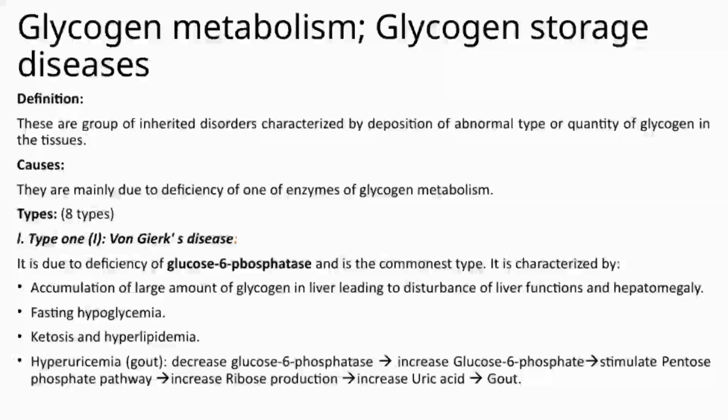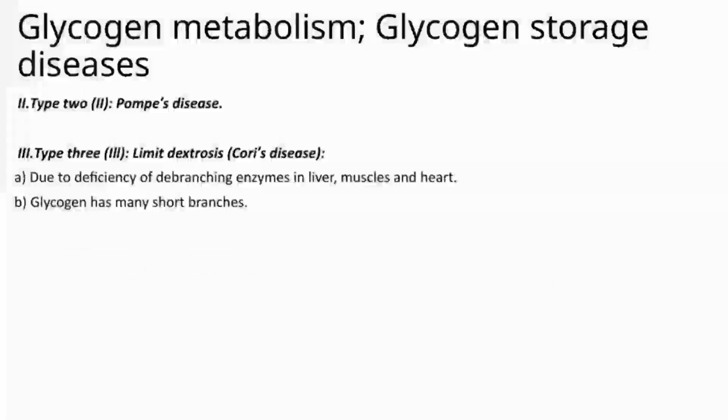Now, let's take a closer look at some glycogen storage diseases, starting with type 2, also known as Pompe's disease. This is caused by a deficiency in the enzyme acid alpha-glucosidase, which is responsible for breaking down glycogen in the lysosomes. As a result, glycogen builds up inside cells, particularly affecting the muscles and heart, leading to muscle weakness and